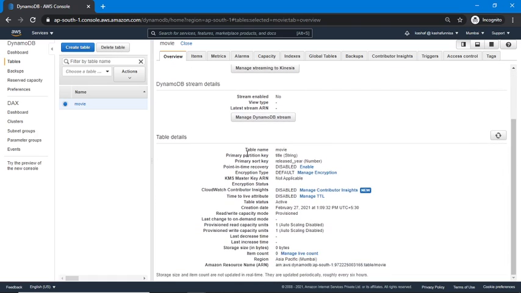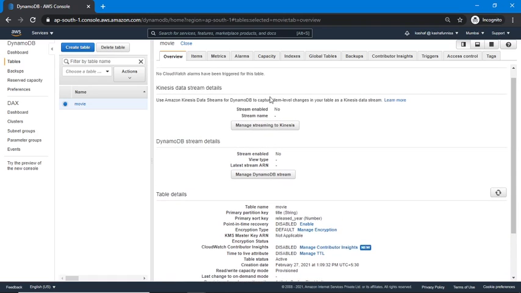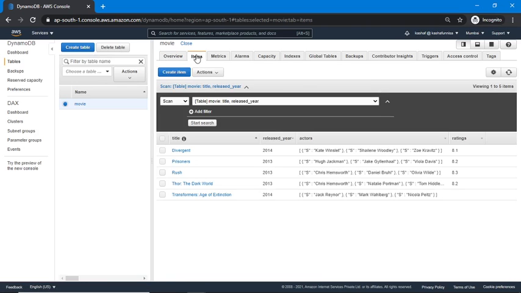So here my table name is movie and my primary partition key is title. It is of type string, and my primary sort key is released year and it is of type number. So these are my table details, and now I'm going to click on this items tab. So whenever I click on this items tab,